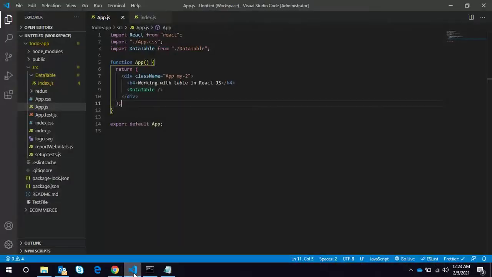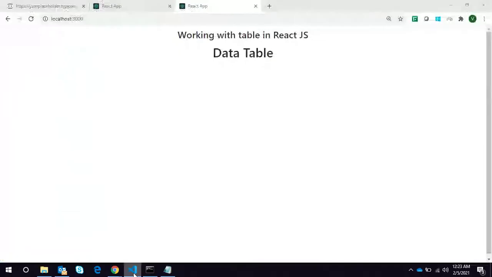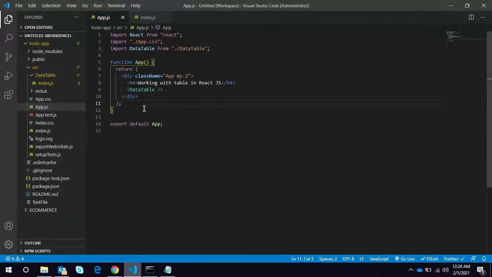What is happening? Why is it taking so much time? Okay, now we have successfully loaded our data table component inside our App.js file.